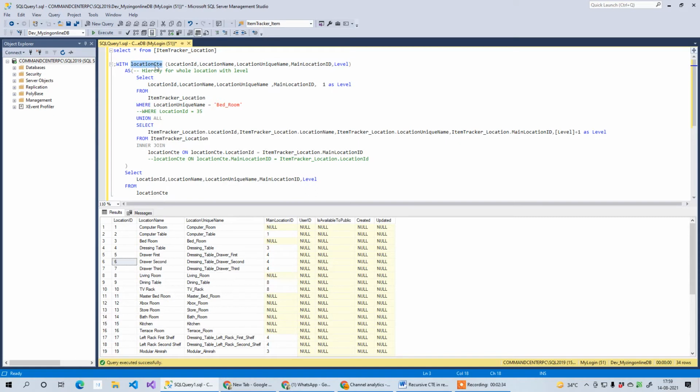You can name it whatever you want, and then you have a column name for your table, and this is the level which I have defined. Inside that we need to add a starting point. Because we want to show a hierarchy from bedroom, I have used the bedroom unique name. That will be the first point where it starts recursion.